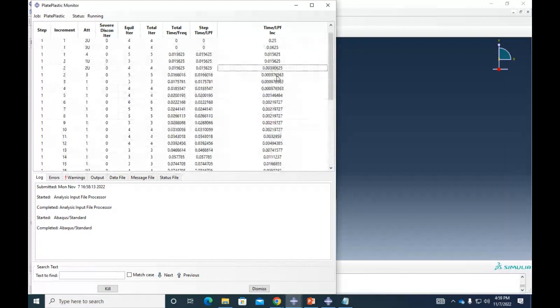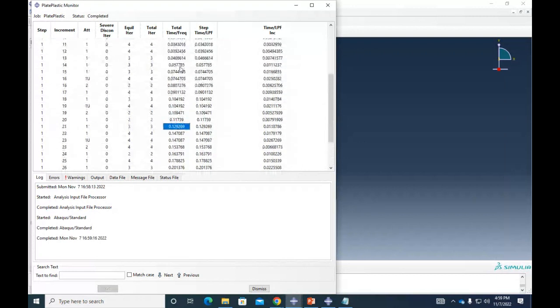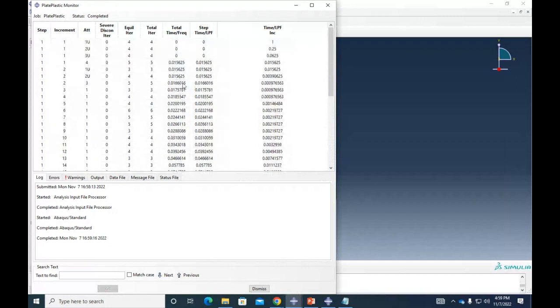So Abaqus found the convergence in here, and then, okay, now I know how to apply 1.5% of the load. I can apply a little bit more. I'm gonna apply 1.6% and then 1.75. So Abaqus is incrementally applying the load in here because the theory behind this plasticity model that we are using is called incremental plasticity.